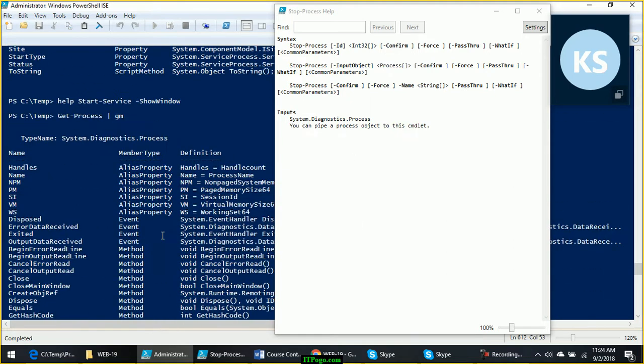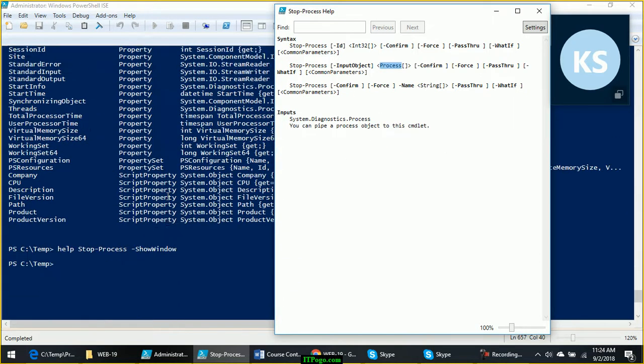Now when we are looking at Get-Process, what is the output object type of Get-Process? It is a process object. What is the input object required by Stop-Process? Get-Process is producing a process object. Stop-Process also requires an input as process object. That's why these two commands are able to connect successfully in the pipeline, right? This is called plan A. Any questions about plan A?